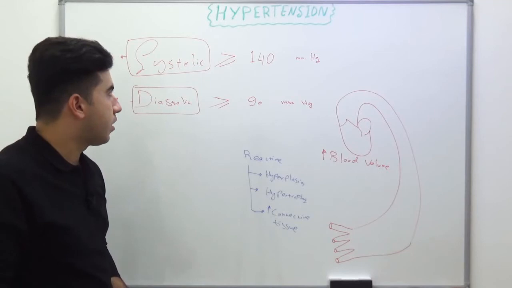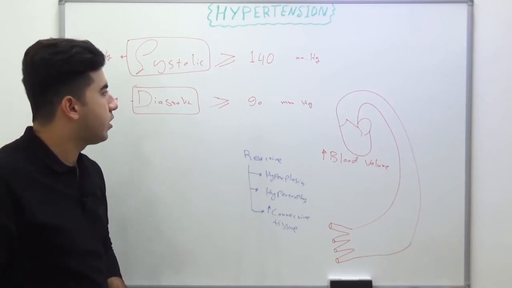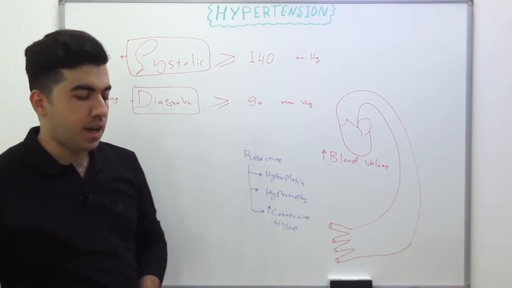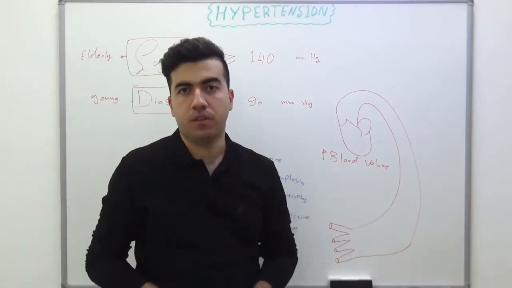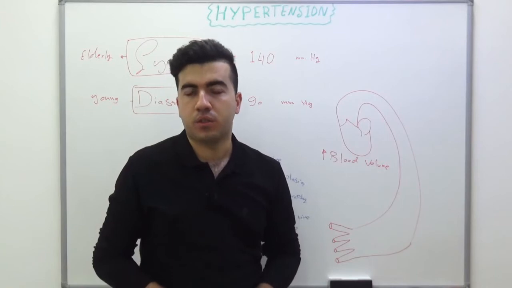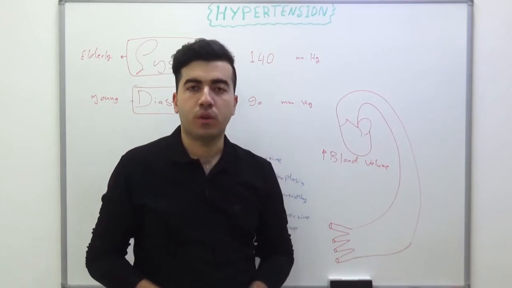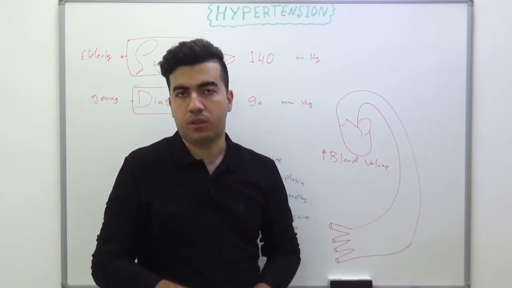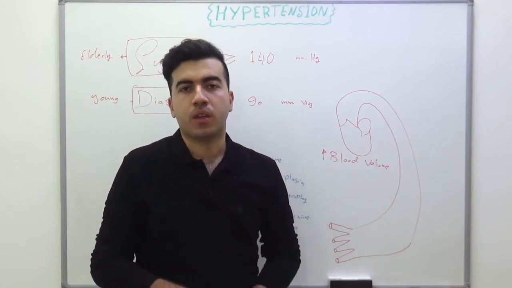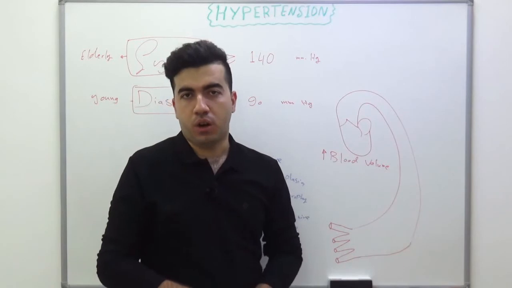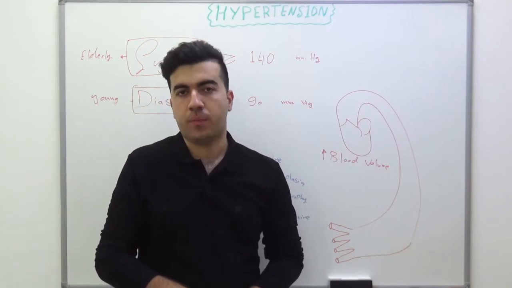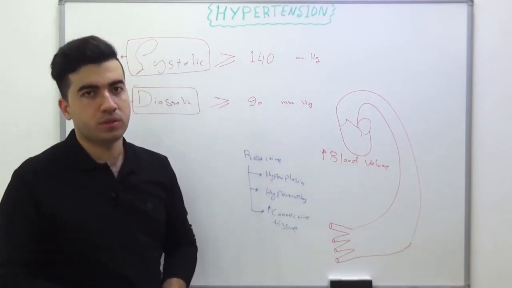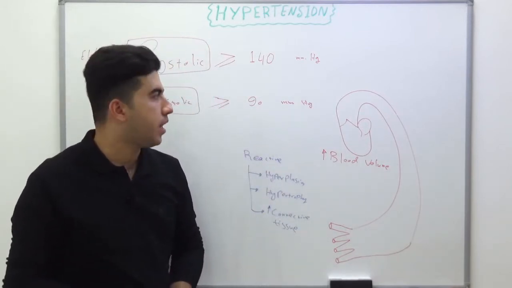The real question is why this value is regarded as hypertension. Why is a systolic of 140 and a diastolic of 90 millimeters of mercury, or more than this value, regarded as hypertension, and any patient with this value is diagnosed with hypertension? Of course, we cannot trust only one measurement or decide on the basis of only one measurement. And when a patient comes to the office, we should repeat the measurement on another day, two or more times on different days, okay?